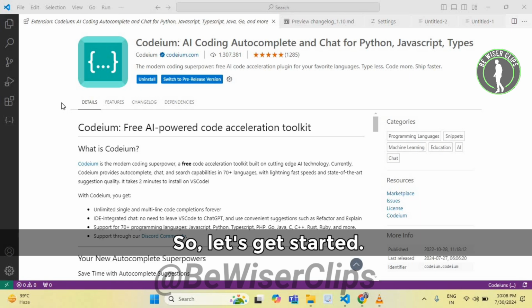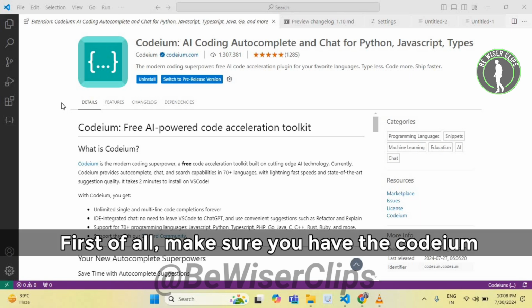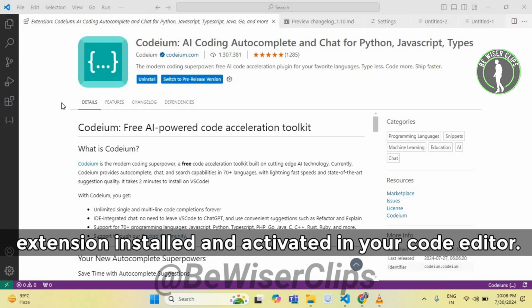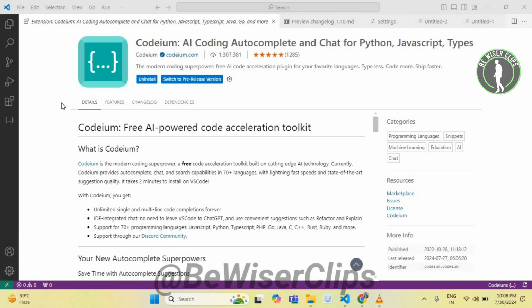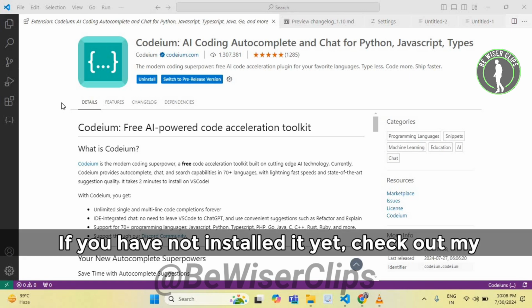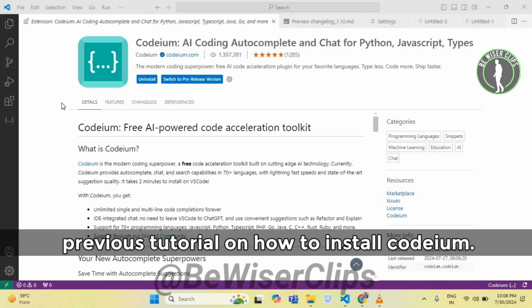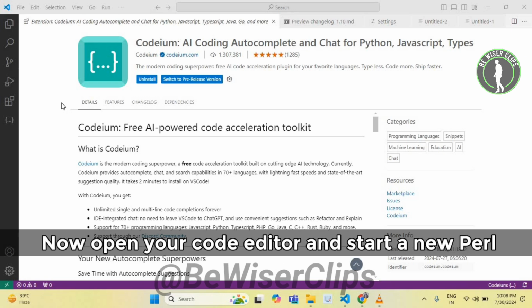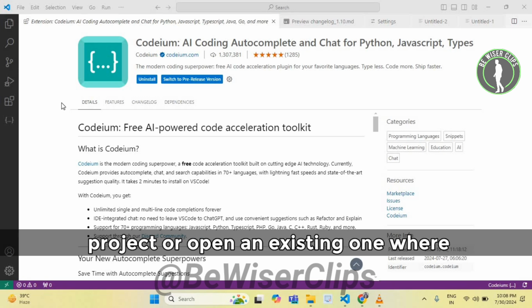So let's get started. First of all, make sure you have the Codeium extension installed and activated in your code editor. If you have not installed it yet, check out my previous tutorial on how to install Codeium. Now open your code editor and start a new Perl project or open an existing one where you want to